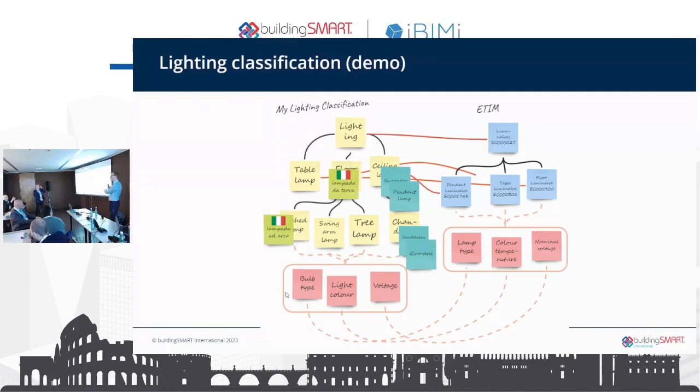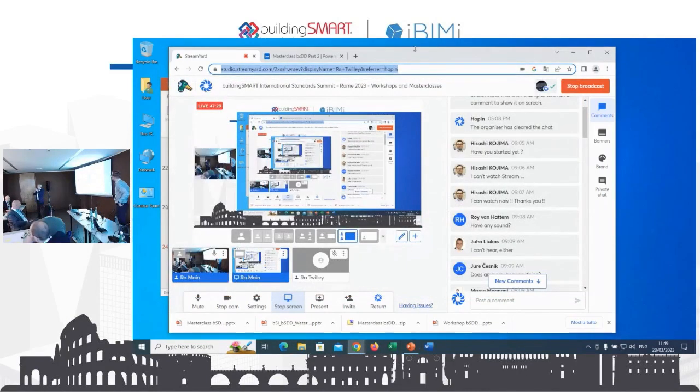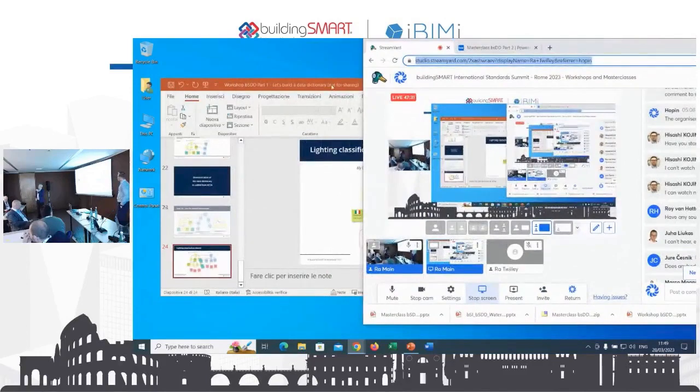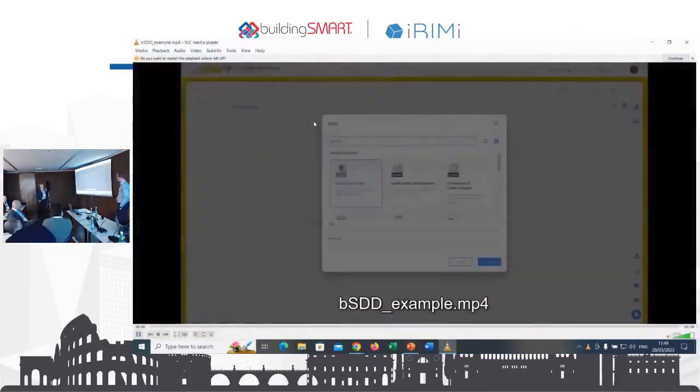So we have prepared that in the bSDD, in the database, and we will now show how it looks, how it works, how you can use it. So, thank you very much. Please, just a second before, I just want to tell you that what we are going to see is ASBIM bSDD editor, our tool in the platform ASBIM to create a new bSDD file.